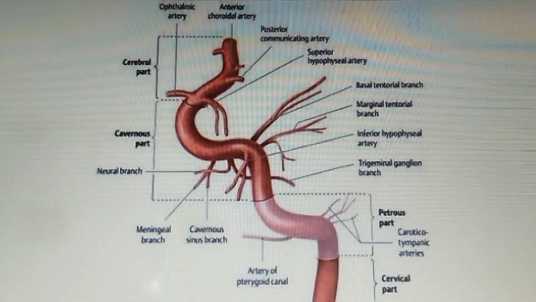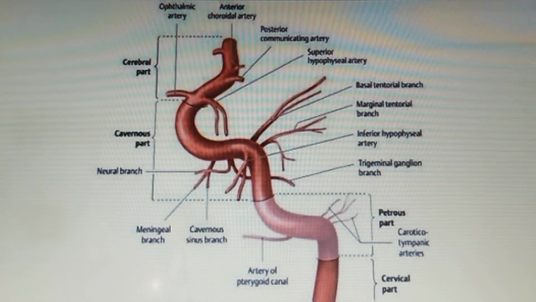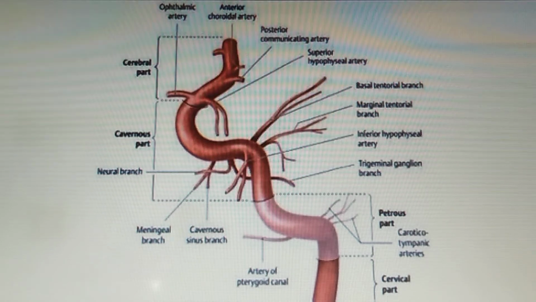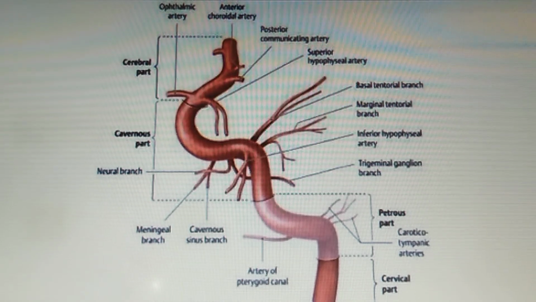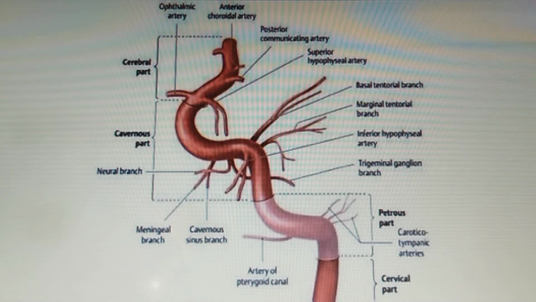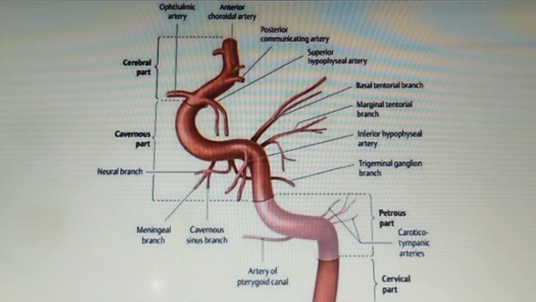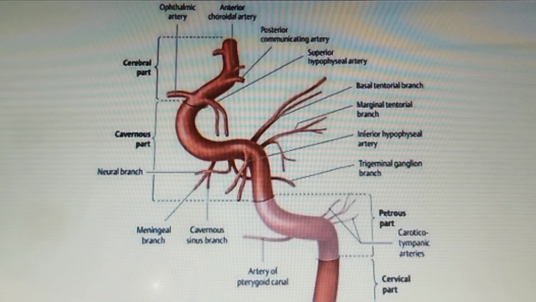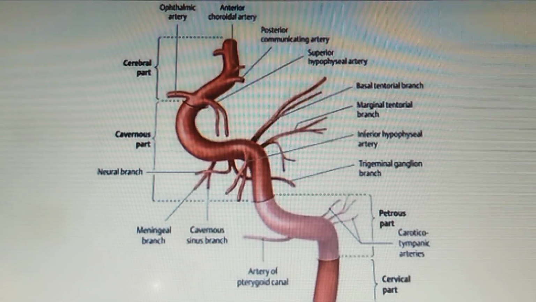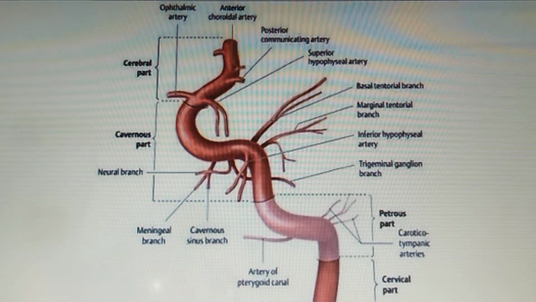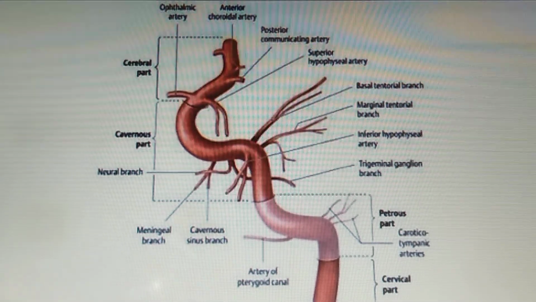Each internal carotid artery enters the cranial cavity after traversing the carotid canal and the superior aspect of the foramen lacerum, right? You have already studied the basalis part of the skull, right? So you know about the foramen lacerum. It then courses through the cavernous sinus, and pierces the dural roof of the sinus and ends immediately lateral to the optic chiasma and inferior to the anterior perforated substance, and divides into two important branches, that is the middle and anterior cerebral arteries, right?